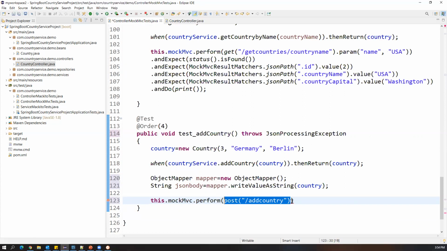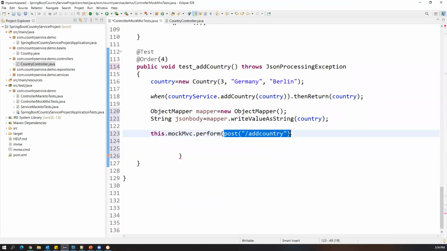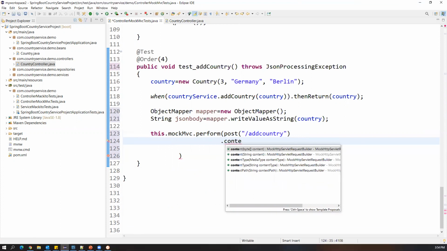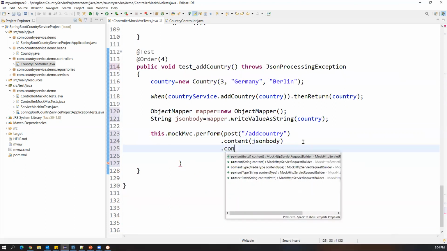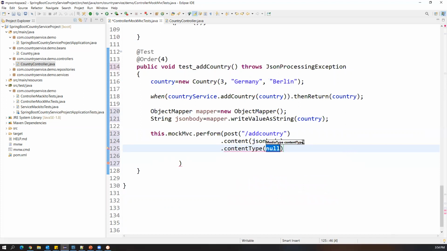Keep this bracket like this, and along with the post method we should also pass the type of the body, the media type, what kind of data we are passing. So we use dot content. JSON body is the content we are passing, and the type of this content we specify by using contentType.